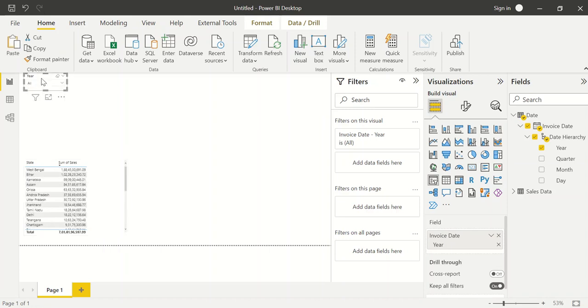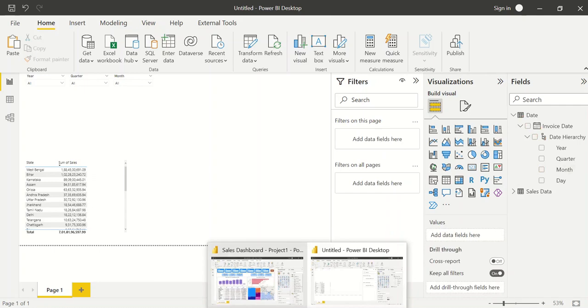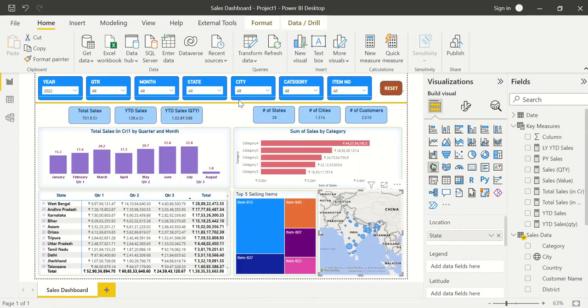Now I'll just copy with Control C and Control V to create one more filter, and again. So this filter we can have for quarter, and the third we can have for month. So this is how we are creating it, this is what we want. Now if I go back,